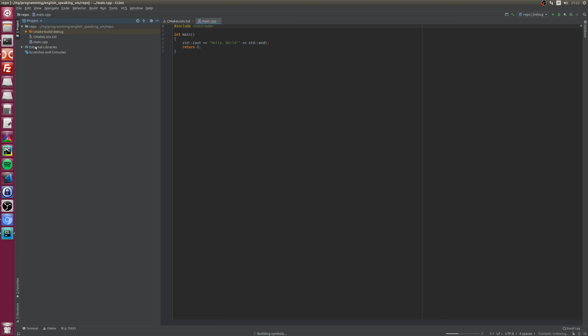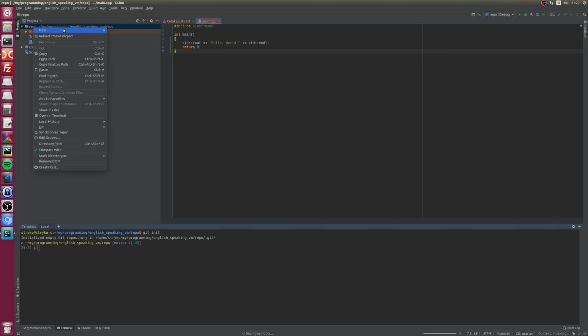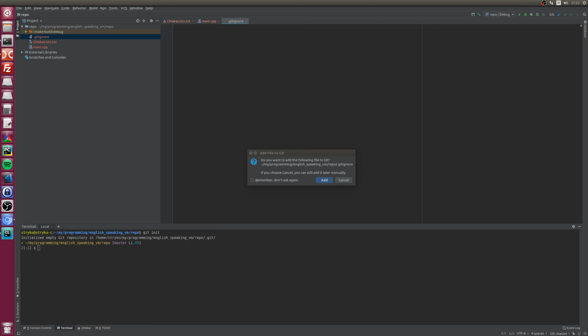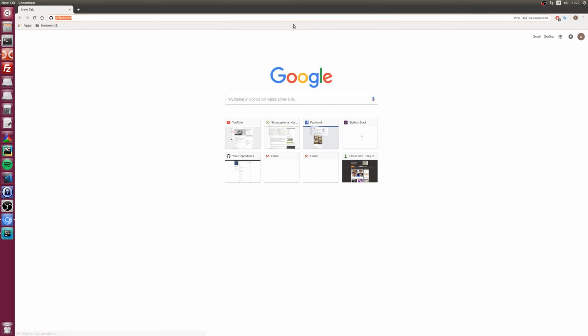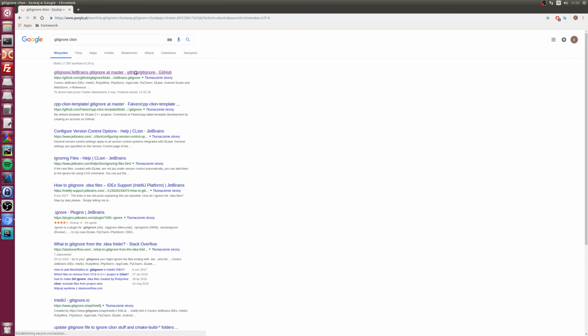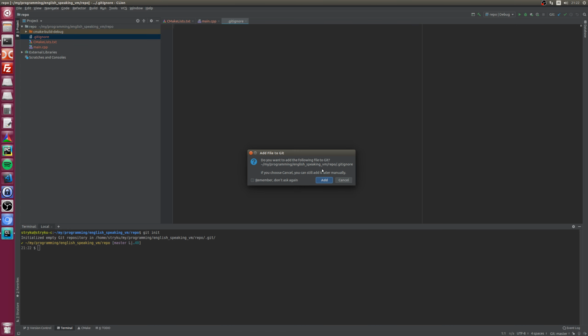So like I said, let's create a repository here. Init. Cool. Now any file. Git ignore, and let's get the JetBrains ignore in place.